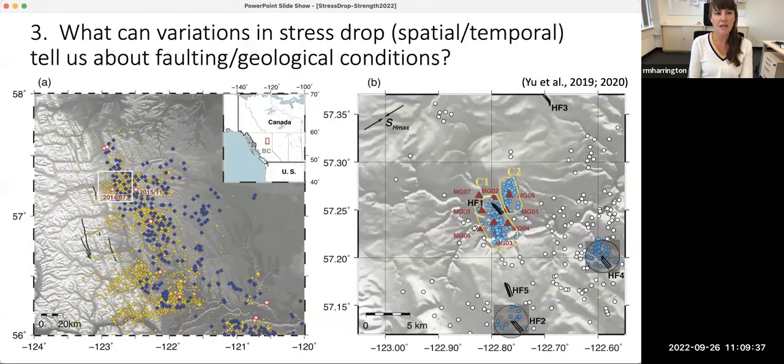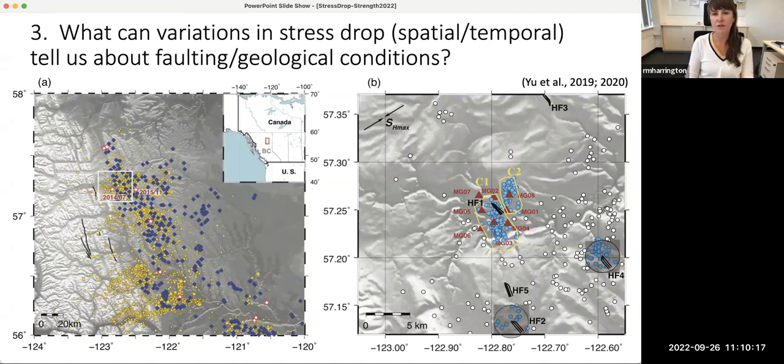So we've also been looking at this in a little bit more detail. Now this is up a little bit further north, located near Fort St. John. Again, you can see where we are in the insets a little bit further to the west, where we had an array of 8 seismometers installed. Here we're looking at the regional map on the left, where you see all of the wells and the seismicity in a 2-year period. And on the right, within the box, is the location where we installed this small array of 8 stations around an individual well